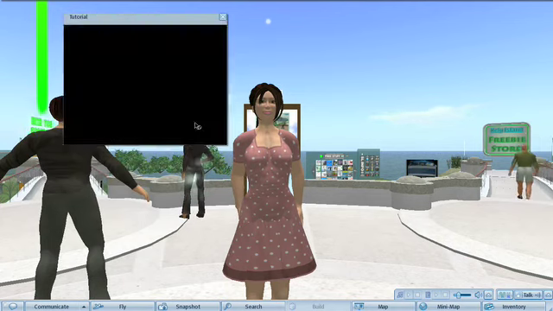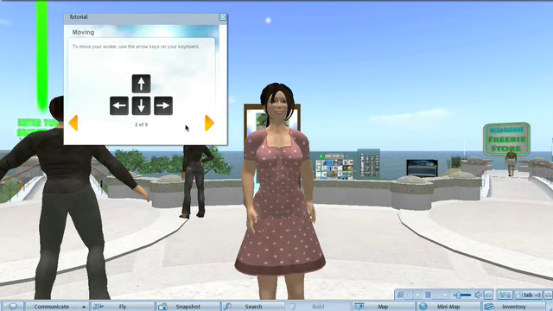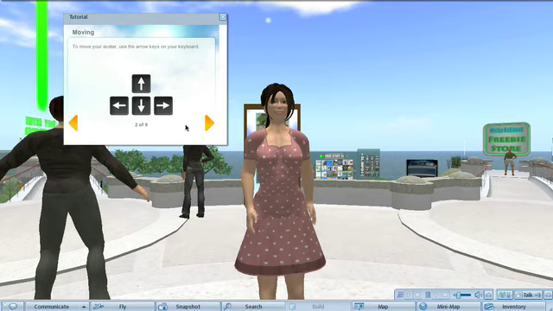Okay, begin. Click. First and foremost, it's going to show you how to get around. You're going to use your arrow keys. If you're already used to playing games online or games on your computer, you may be familiar with this and you can just skip right over. For me, I didn't have a clue. So we're going to move